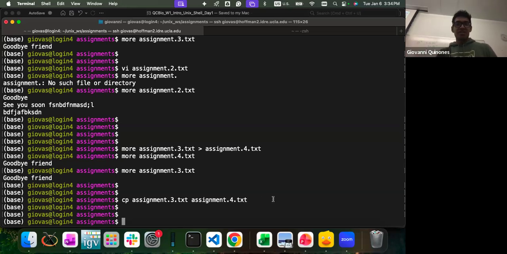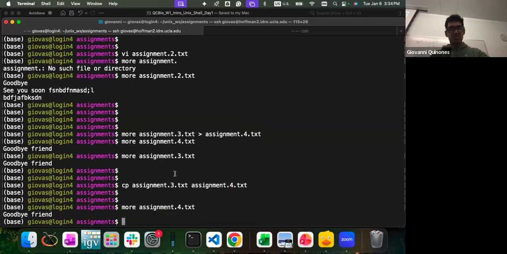Yeah, so this is what we call overriding. If you're using the same file as output for multiple commands, it just erases what was already written and then writes the new output. So yeah, assignment 4 will have 1 line, the same as before, goodbye friend.